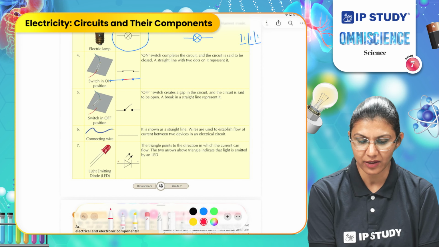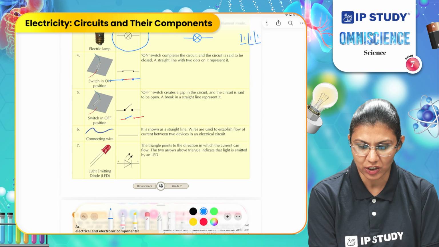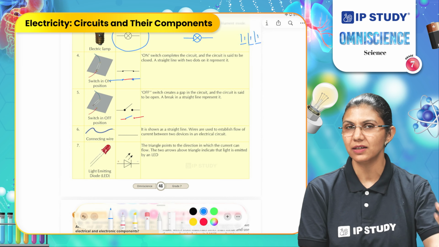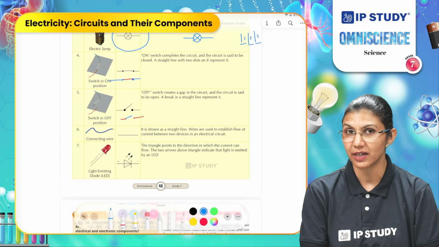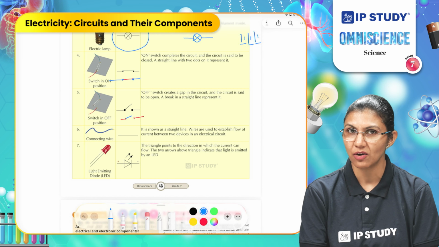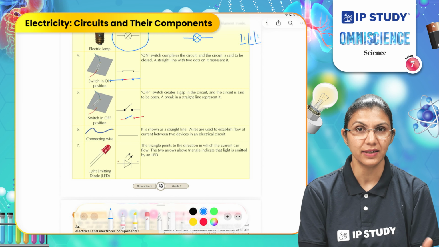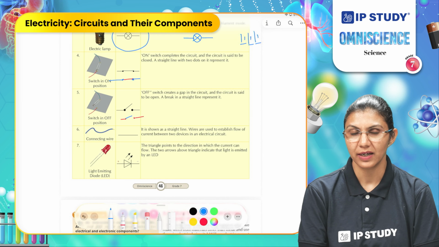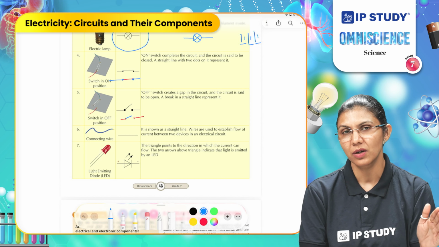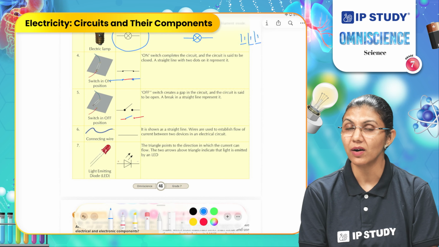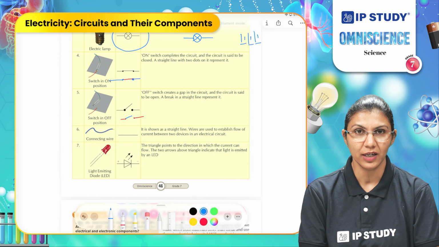So what we can do here, just to show any breakage, we will draw two terminals here and we will connect the switch to one terminal only and the other terminal will not be connected to show the breakage here. That means the switch is off, means the circuit is now open. It cannot allow the current to complete the path and it will not help a bulb to emit the light.